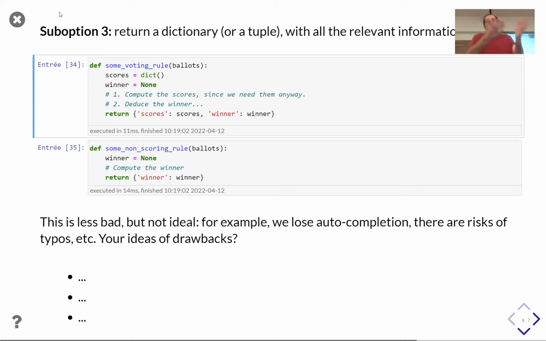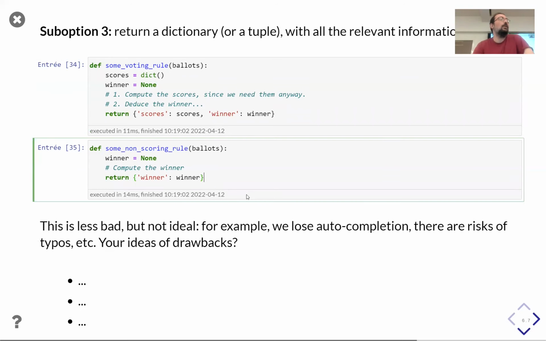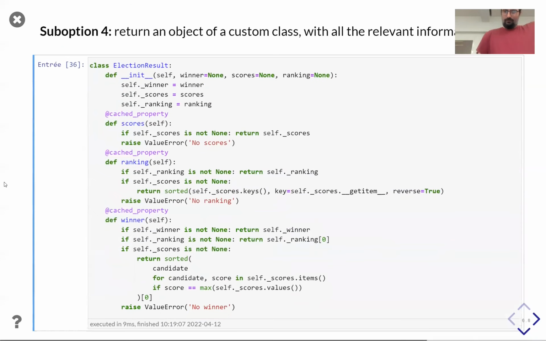Anyway, I will have a winner, so that's the only key that I'm sure of finding in my dictionary. And if I have other kinds of information, I will put them in it. Frankly, I don't like that option very much, for several reasons. The first one is simply that you lose autocompletion, and you essentially don't know what there will be in your dictionary. So you return the dict, but you can return a class, right?